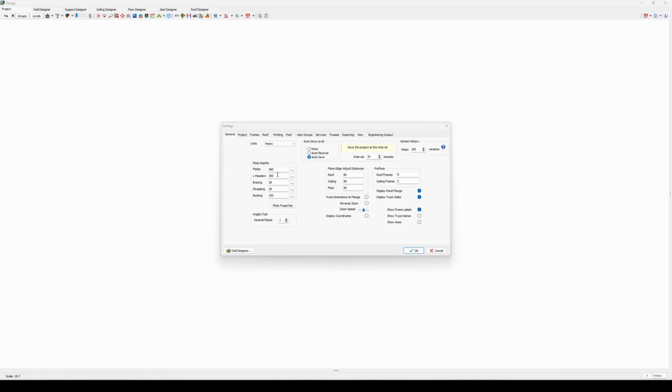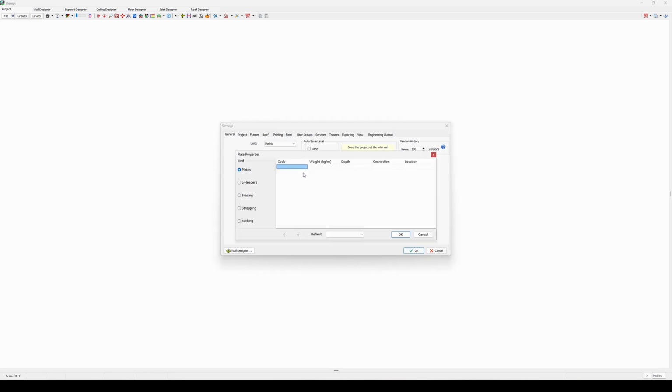Within the properties of these plating materials, right there on those three dots, we can go and introduce our own default settings for these platings. The code is basically something you're going to be using to recall that plating that you'll be adding onto that lintel. Now we'll refer back to this again later in the tutorial as well. I will be guiding through how it works right now and get back to it again later with this same type of scenario. Now introducing any code that you'll be using from the engineer to specify that plating, you can